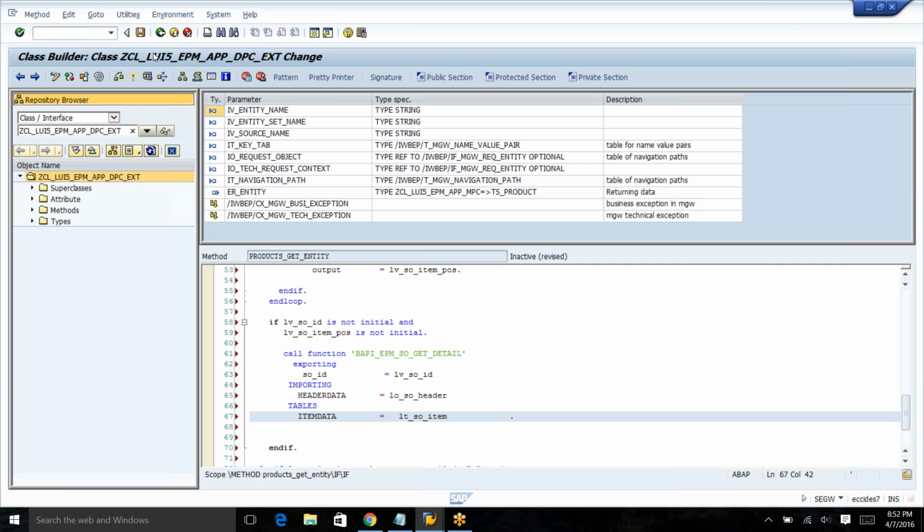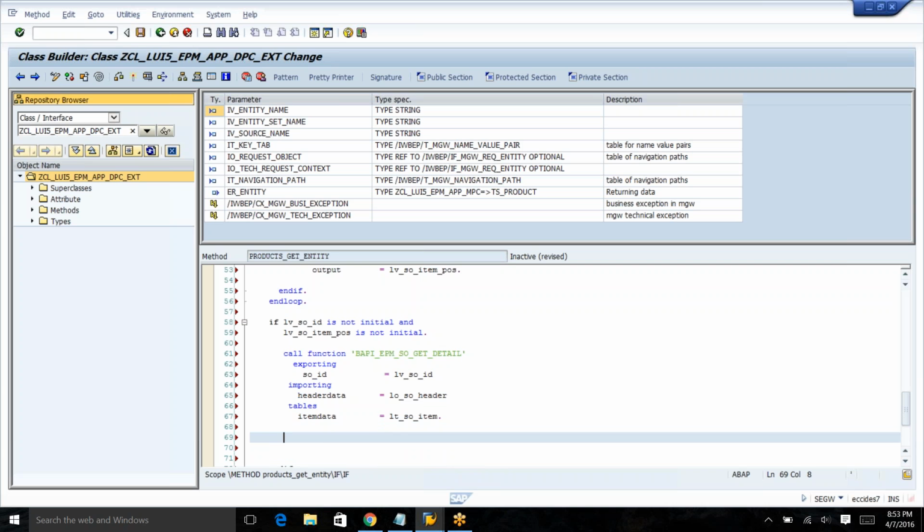So I will get LT SO, I mean in the internal table, in the item internal table, right? So I read the read table LT SO item into ls item with key